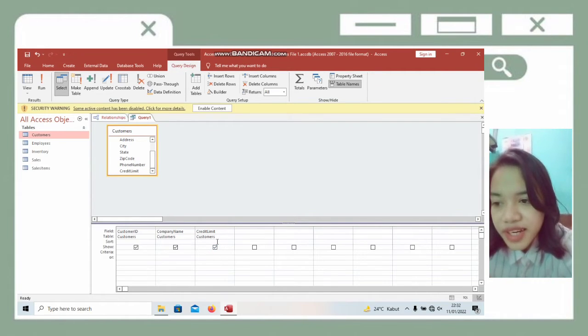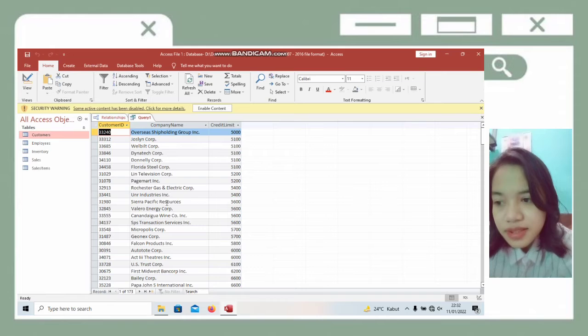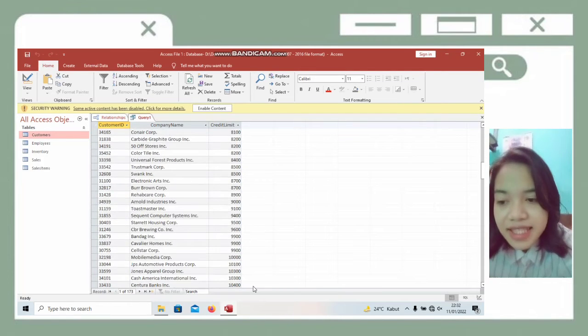In the criteria section, we type less than 20,000. And then in the sort section, we choose ascending and then click Run. So this is the customer data whose credit limit is less than $20,000 US.